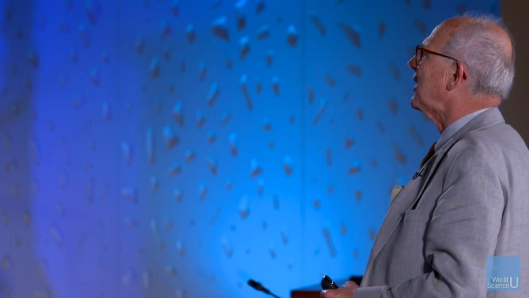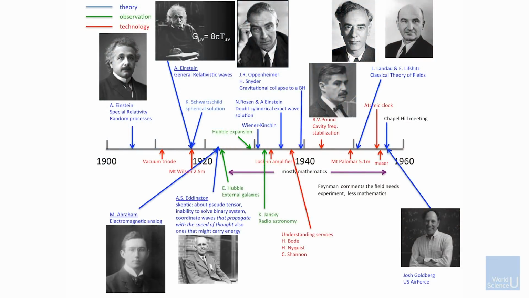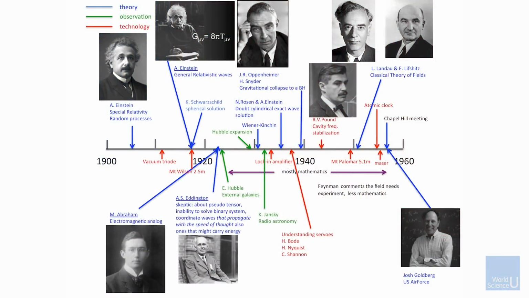But then what happened is Einstein himself began to doubt this whole business. In 1936 or so, he wrote a paper which he tried to get published, which he did get published. I won't go into this. That's an interesting story on its own, with Nathan Rosen. And they came to the conclusion that gravitational waves are not exact solutions of the field equation. They didn't exist. So that already threw another pall on the whole idea. And then the whole field got more and more complicated as life went on.